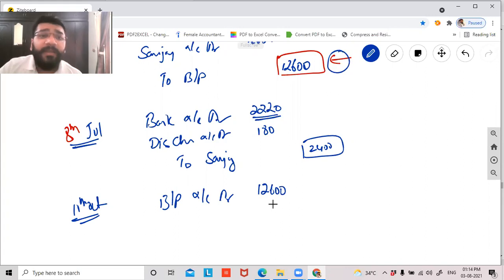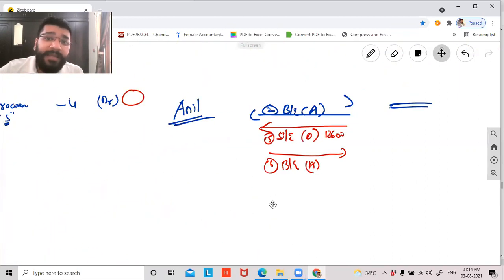Bills payable indicates that we have to pay the banker. Anil has to pay the banker. When he has become bankrupt, where will he pay? So there is no need to create that liability, or whatever liability was created, you reverse it. And instead, Anil is now owing to whom? Anil is owing to Sanjay. Why? Because on the due date, Kotak Bank would have received this money from Sanjay itself. Is it Sanjay's money? No. It is Anil who has to pay that money to Kotak Bank. Since Anil did not pay, Kotak has taken it from Sanjay's account. And now Sanjay has to recover from whom? Anil. Which means Anil has to pay this money to Sanjay. So we are creating a liability towards Sanjay.